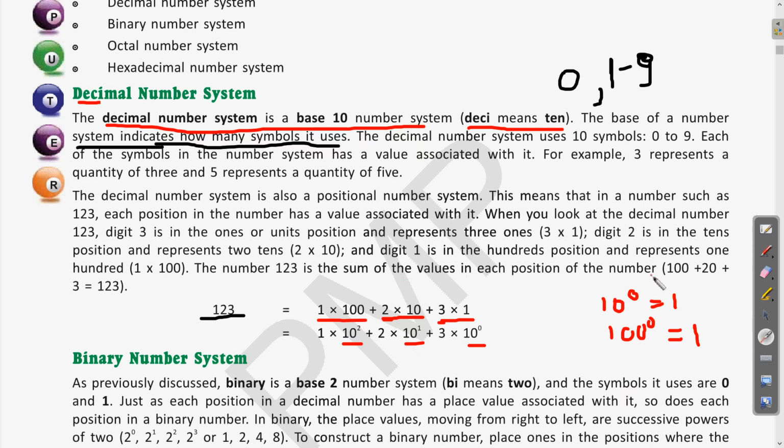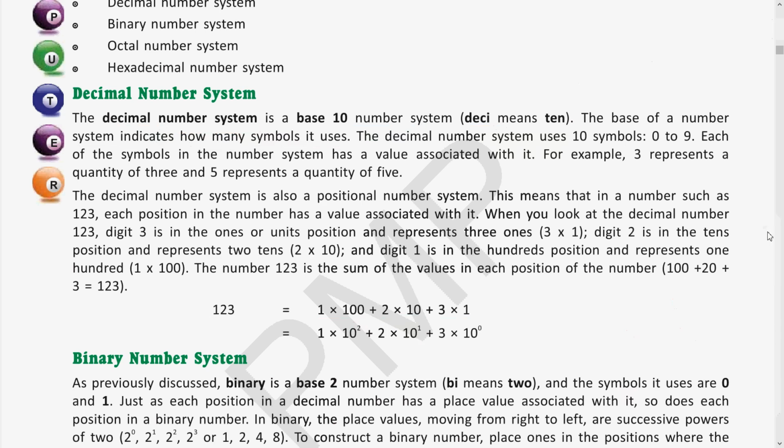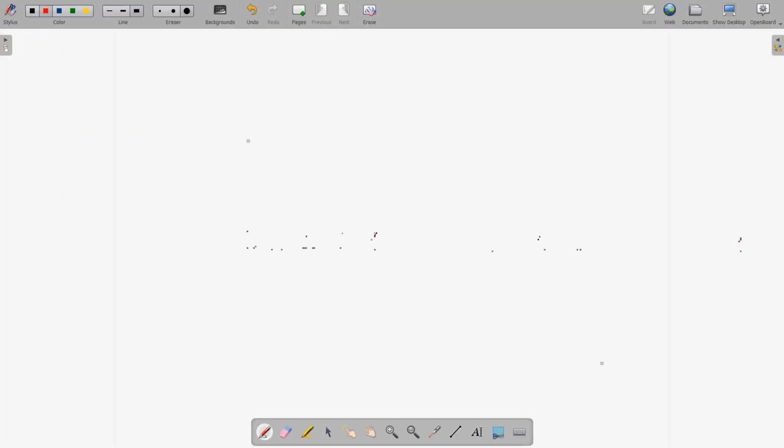If I take one more example, let me come to the digital board. Here I am writing 251, clear? So 251 we are writing in the decimal number system. Whatever the number system, if you don't want to have confusion, you can make a bracket and at the bottom write the base of that number system.